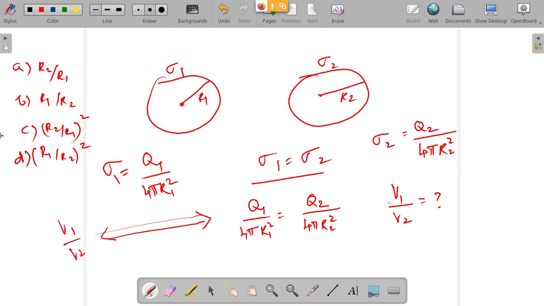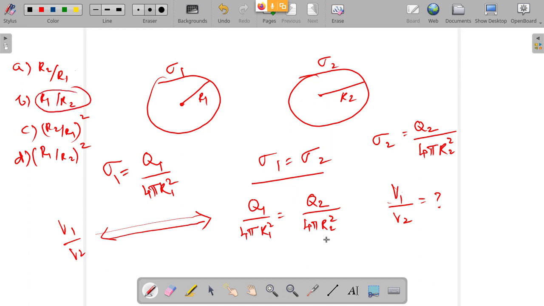R2 by R1. Actually, that's why I am telling you that you have to work it out. You're close to the answer, but not the correct answer. Because when you first see that, you will think that this is the answer, but if you substitute and do it, you will know that it is different. Because the surface charge densities are connected here, right? Sigma 1 and sigma 2 you have to link. Fine. R1 by R2. You said R2 by R1 earlier, that is not the answer. R1 by R2 is the correct answer.